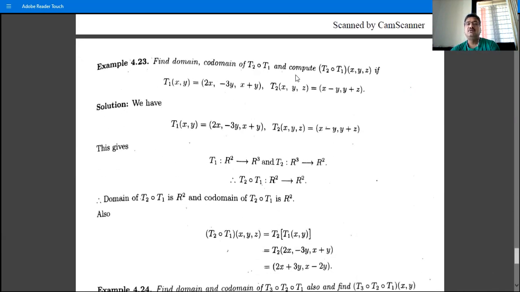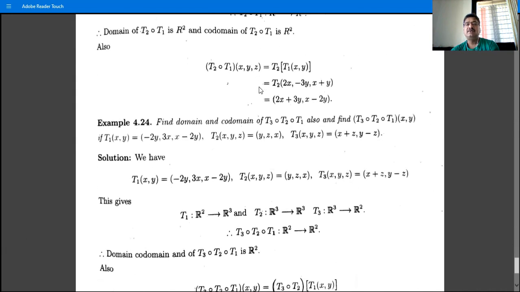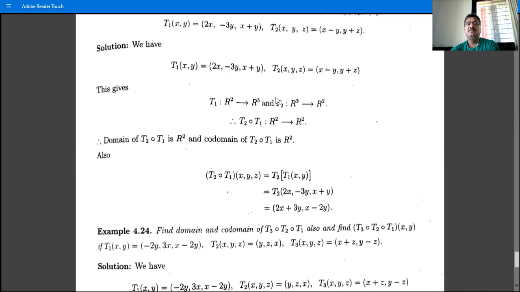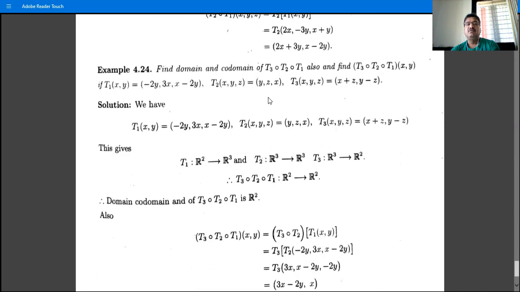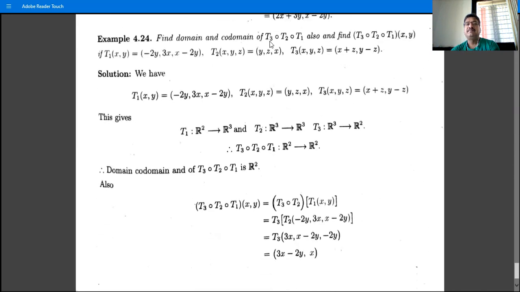So find the domain and codomain of the linear transformation again. The same type of question. Find the domain and codomain of the linear transformation T3 circle T2 circle T1, and the formula for it. So again, T1 is from R square to R cube, and T2 is from R cube to R cube, and T3 from R cube to R square. So when